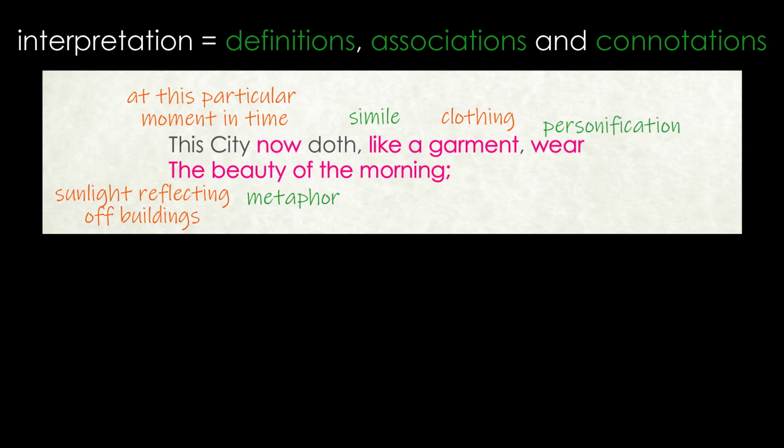I could stop there, but if we go a bit deeper, there is some higher grade analysis to be found. If the city is wearing the sunlight, then Wordsworth is suggesting that it is like fabric, and sunlight is yellow or golden in colour. This then logically suggests to me that the fabric is golden in colour as well, which makes me think of cloth of gold, which is a material associated with royalty and the church. This suggests to me that what Wordsworth can see in front of him is truly resplendent.